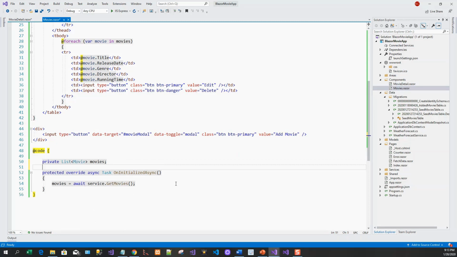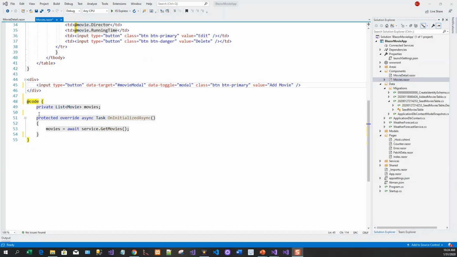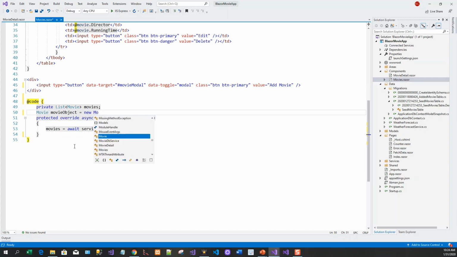When the component is first initialized, it will call the get movies, which we have seen in action. Okay. Next, I have to initialize the movie object, so of type movie, and I'll call this movie object, and initialize it here, new movie,